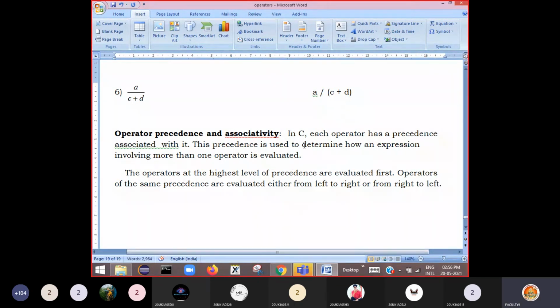So that means when you have an expression like, say for example, A into B by C. With the same precedence operators, they are evaluated either from left to right or from right to left.